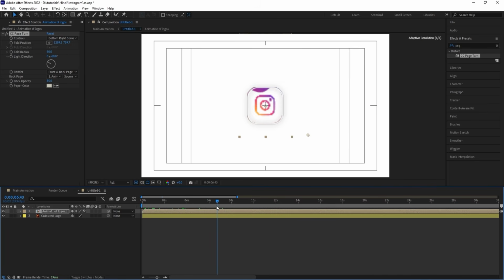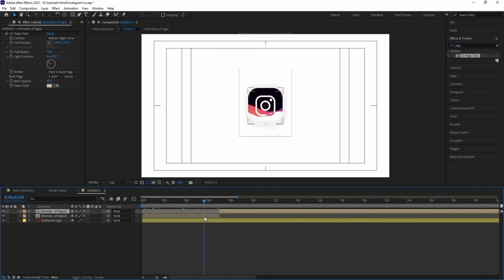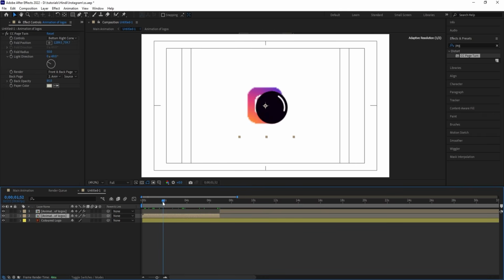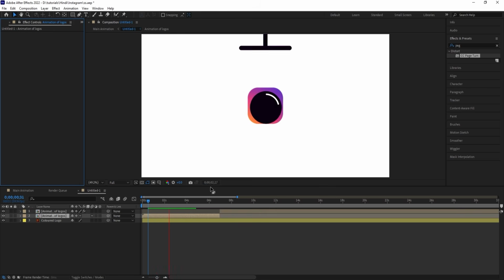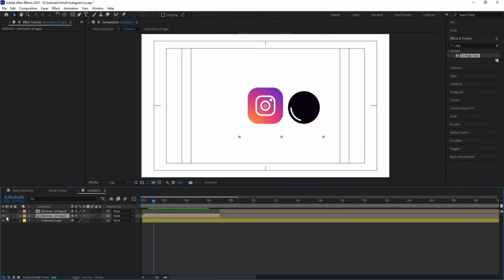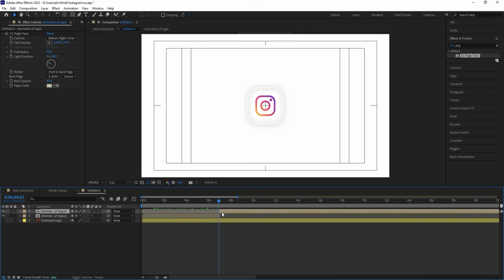When this entire animation is done, I'm going to select this, and I'll press Ctrl Shift D to split this layer. And at this point where this animation is going, we don't want this, so I'm going to delete this page turn effect. Okay, so first I'll get this, and when this is happening, I'm getting this. By the way, this logo is this one. Okay, so there is nothing behind it. We get this animation, and then this. Then at this point over here,